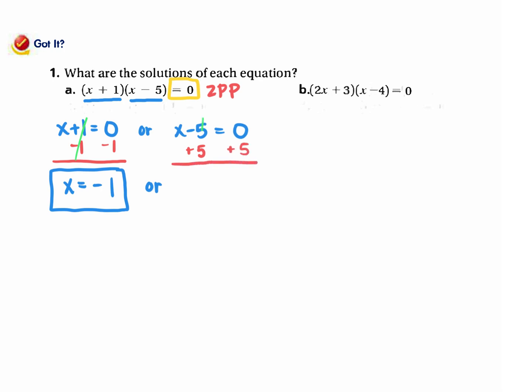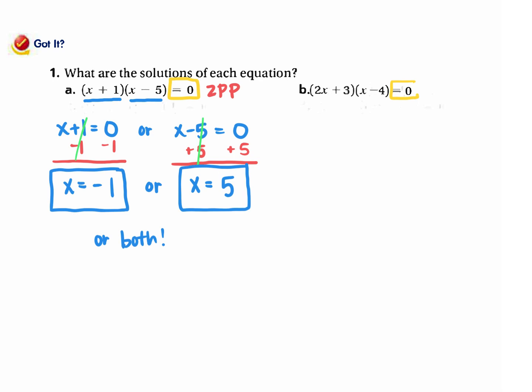Then the negative 5 cancels out the positive 5, leaving me x by itself, and 0 plus 5 is 5. Or it could be those solutions, or could be both of them. But I have to list them both as possibilities. For example, B,